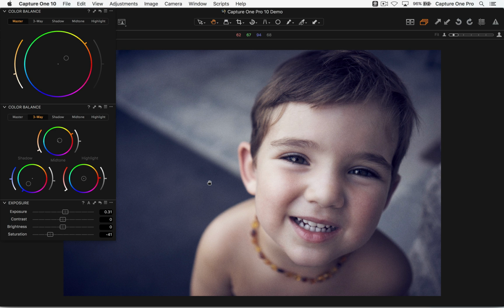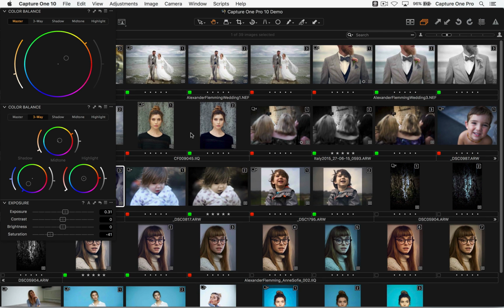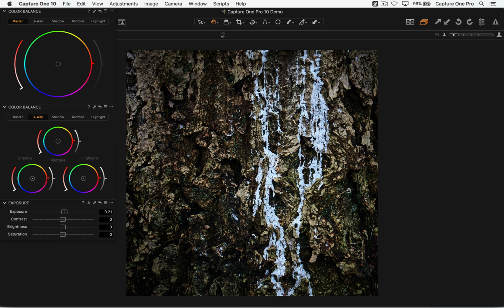So before we think about saving that as a style, for example, I'll just check if there's anything else that we can mention within that particular. Oh yes, so far we've been looking at people, but again, if we think of the same thing, if you're wondering what on earth this is, it's a tree with tree sap pouring out of it, which kind of throws in this good color.